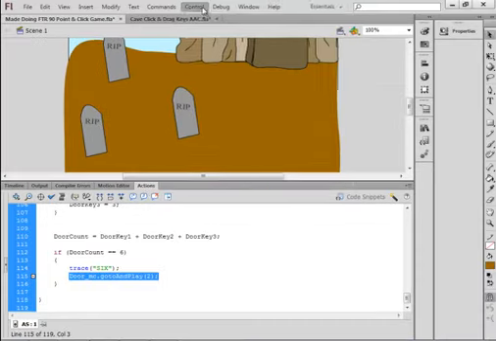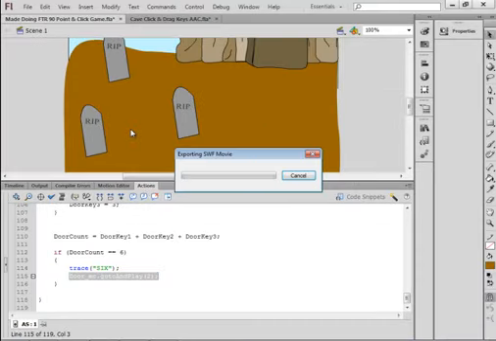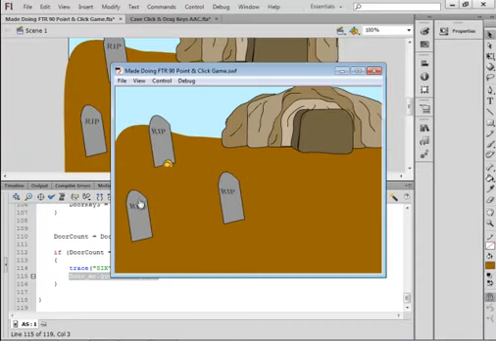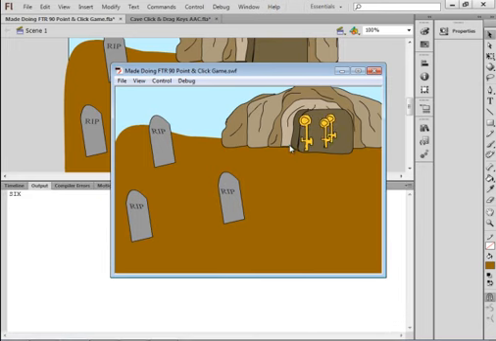So let's test this. Test movie test. No errors. I'm just clicking them until they pop up. Drag them over. There's 1 in there. There's 2 in there. There's 3. The door starts to vibrate and moves. Good. All I want to do now is get rid of these keys